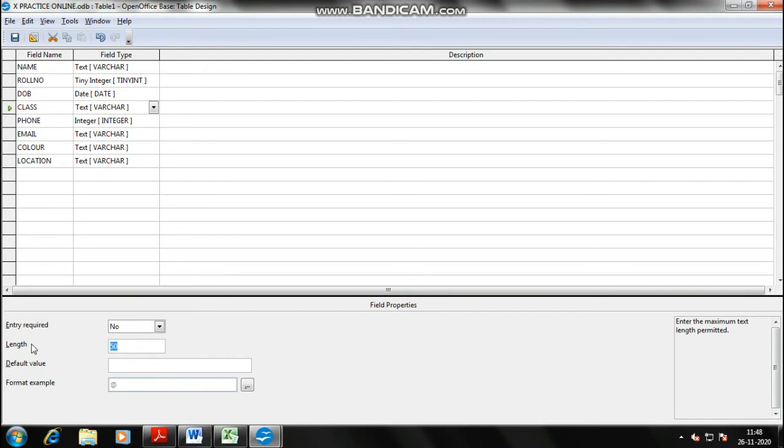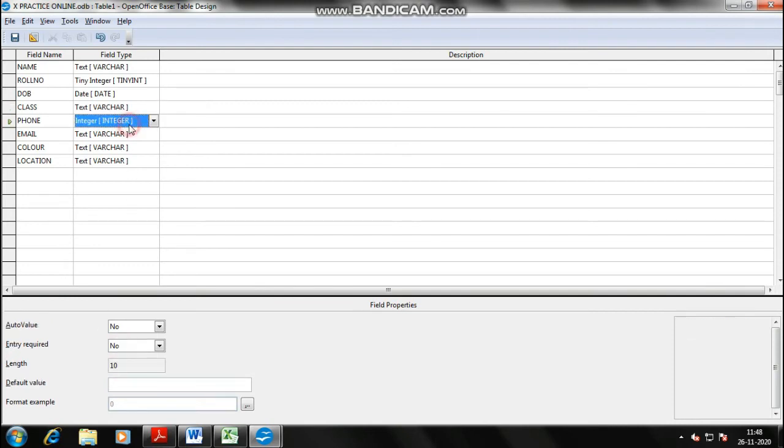For class I'll be writing 4 only, because if I'm writing in numbers, it will be covered in 2 digits. If I'm writing in Roman numerals and all, then also it will be covered in 4 digits, because if I take pre-nursery also, P and UR will be the short form. Nursery, UKG, LKG, and first, second, third, fourth, till plus 2, means 3 digits are getting covered here. So I'll be taking 4.